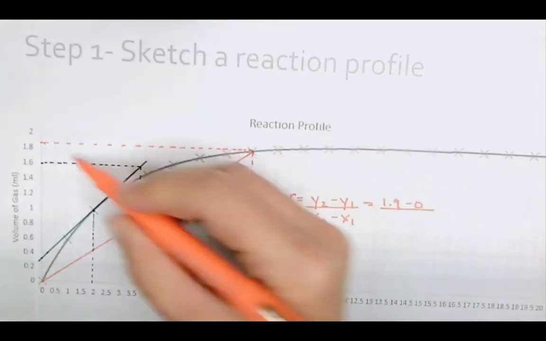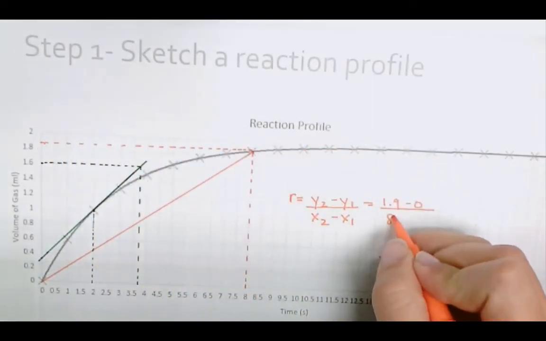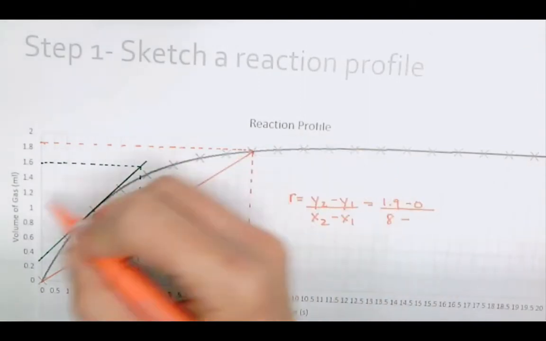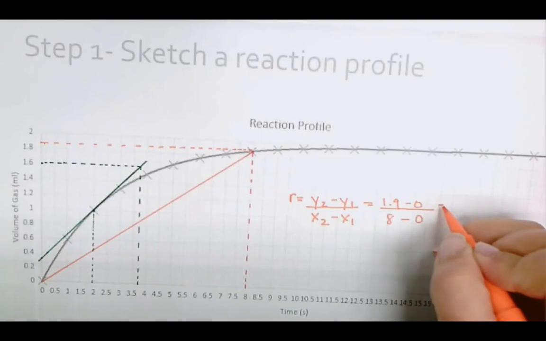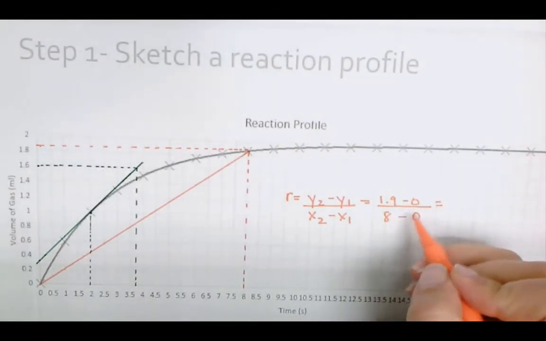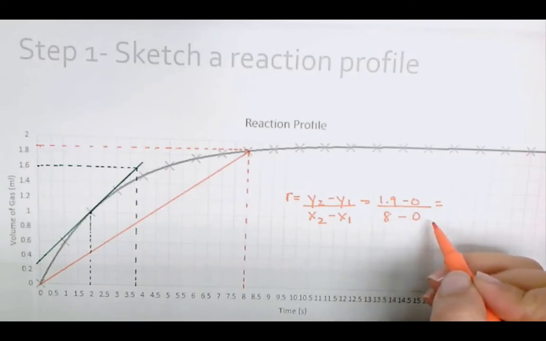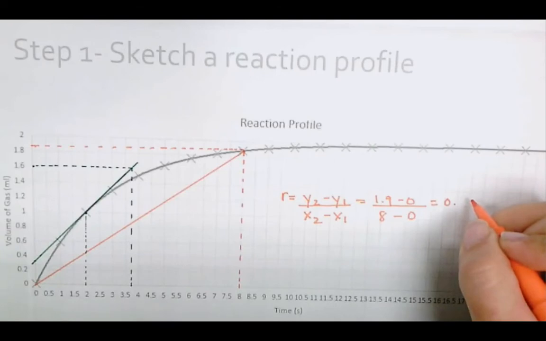My x2, at 1.9, is 8 seconds, and at x1, we're at time 0. So you do 1.9 minus 0 divided by 8 minus 0 on the bottom, and you end up with a value of